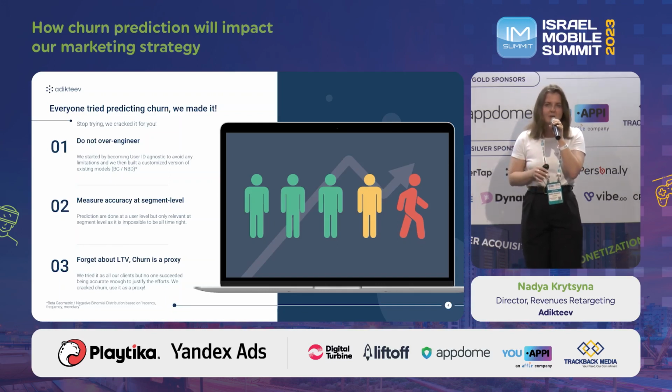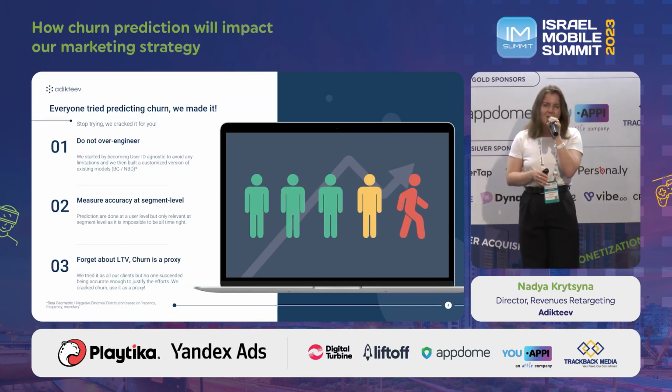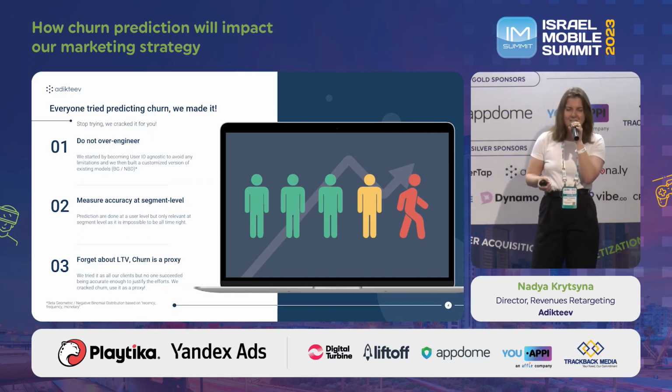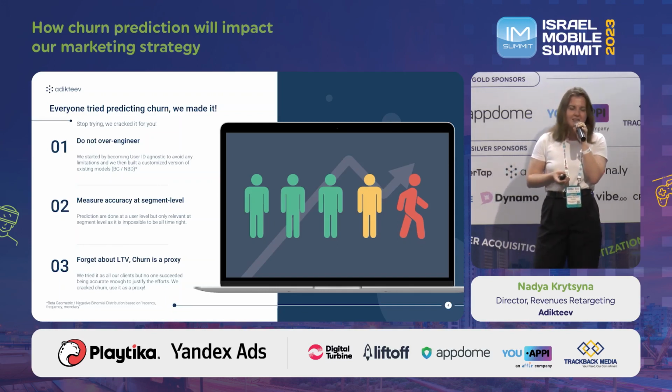Because our team also tries to align with all the changes that are happening in the industry, like Android sandbox that is coming. That's why we have been working on our churn prediction tool, which actually took us more than 2 years before we rolled it out to the market. So even though we do user prediction on a user level, the end result is a segment, which aligns with Android sandbox, which is coming in the next year or so. And also, it really cuts the need for our clients to invest their own resources into developing.